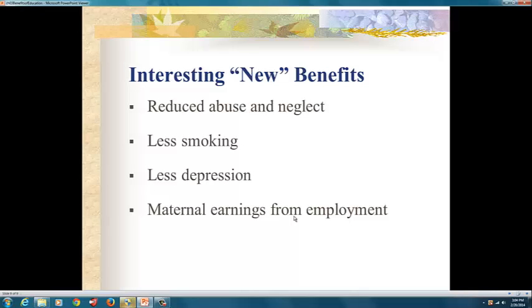So hopefully you enjoyed today's lecture. Just to recap, we talked about the private and public benefits. We also talked about private social and private economic. We talked about the public social and public economic. So hopefully you will be able to identify them, and we'll talk more about these things in class when we meet next time as you review your lecture notes.